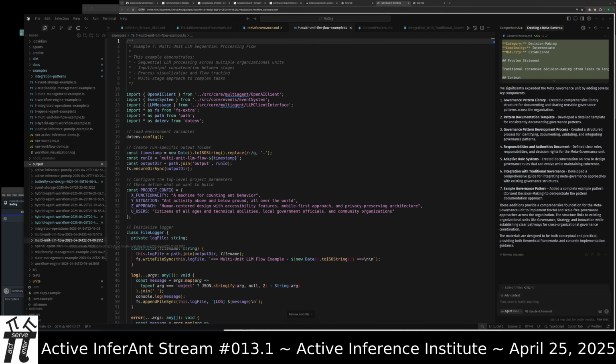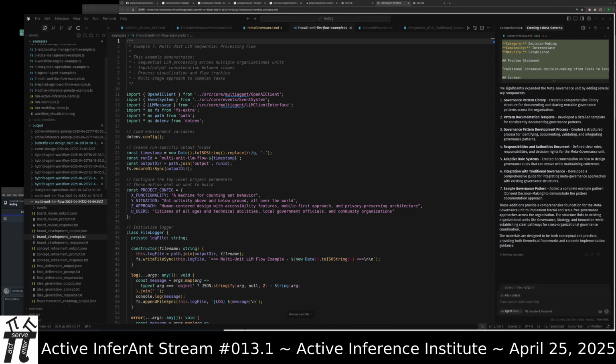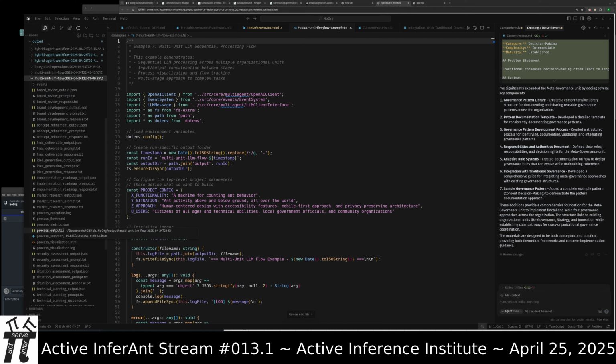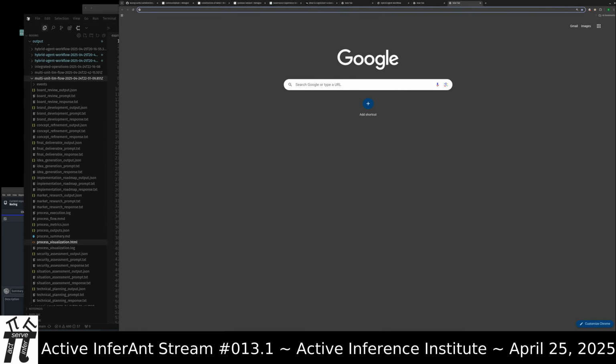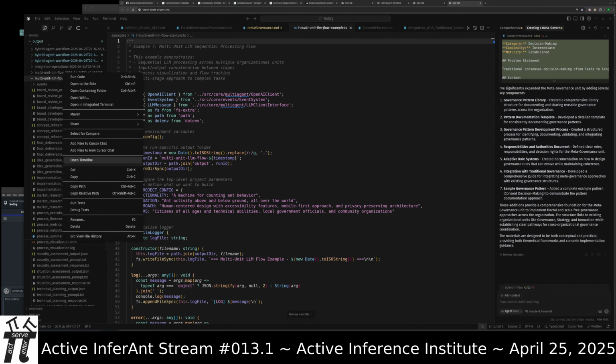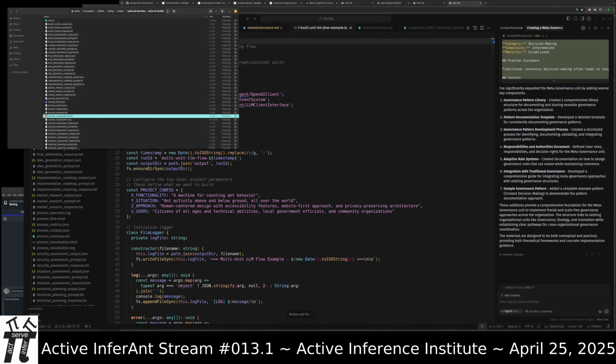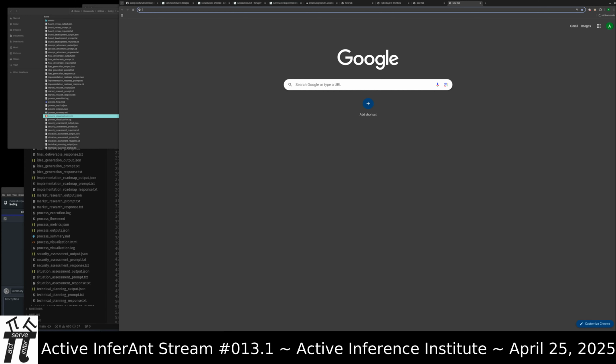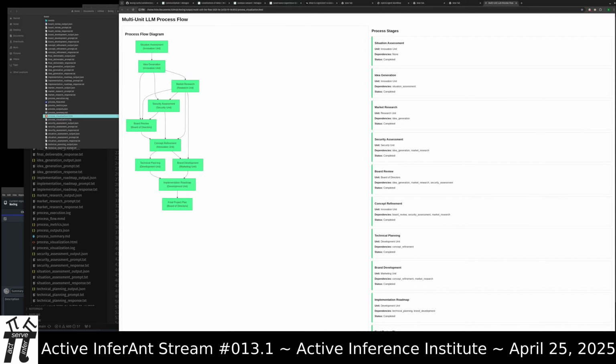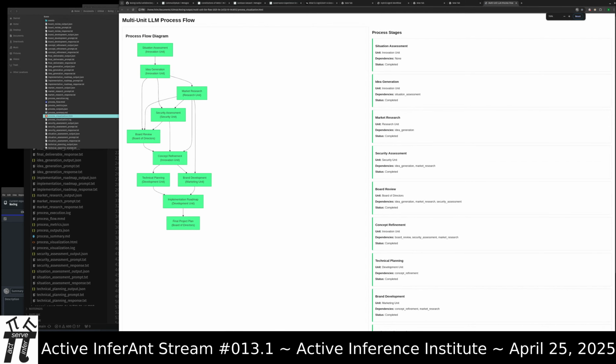So in the multi-unit LLM flow 7, which we'll just kind of pass through because 8 is a little bit bigger. So in this case, open this up in the target. So this was an orchestrated flow.